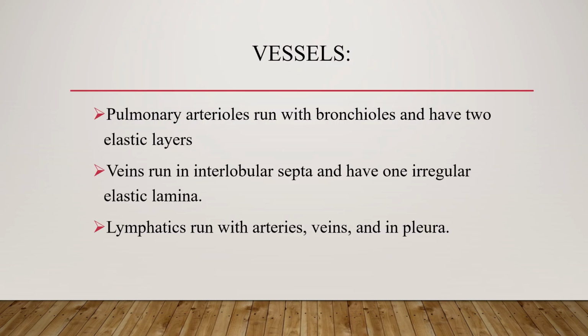This was all about the normal histology. Summarizing everything, the lung is divided into 4 compartments. The larger airways, that is the bronchi, the smaller airways, the bronchioles, third is the interstitium, and fourth is the vessels. So the bronchi or the larger airways are covered with respiratory epithelium, that is pseudo-stratified ciliated columnar epithelium. The main difference between the bronchi and bronchioles is that the bronchioles do not have cartilage and do not have the goblet cells.